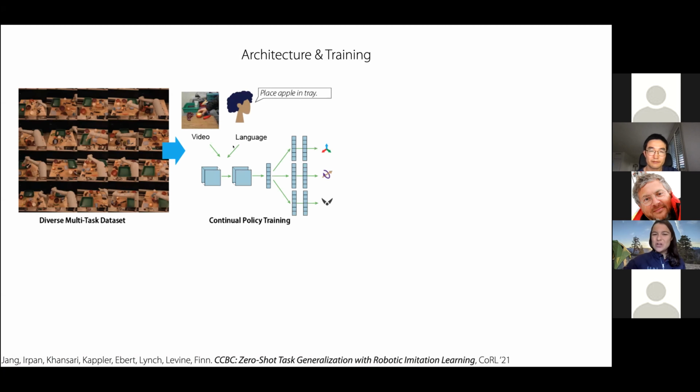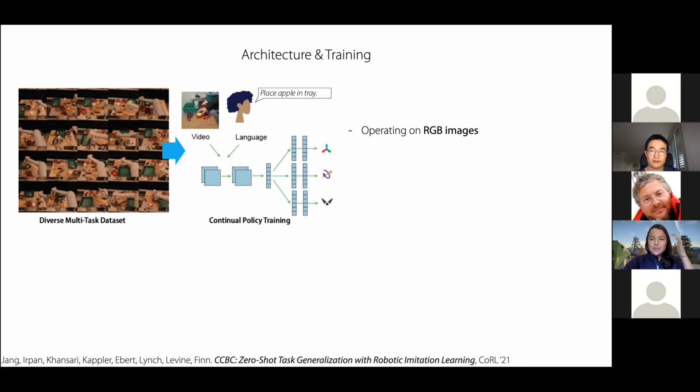By using these kinds of task conditioning mechanisms, this should allow the system to interpret the instruction for a new task, because these kinds of commands are stated in a way that isn't as discrete as a typical multitask identifier. And if it really semantically understands the instruction, it should be able to generalize to instructions within that space.